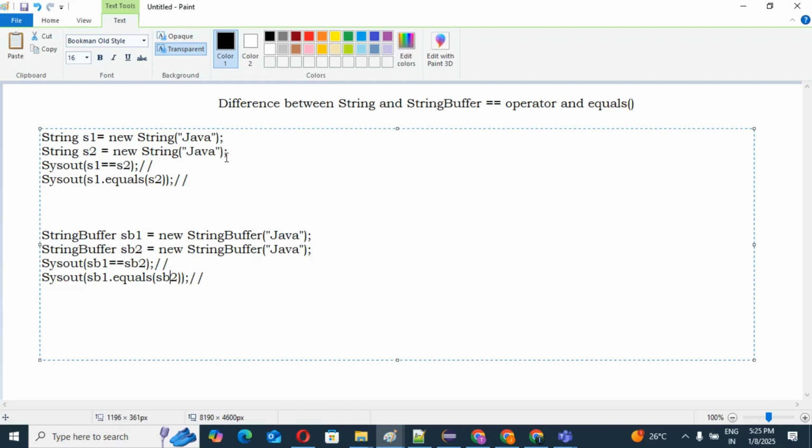Because in the String class, the equals method is an overridden method.